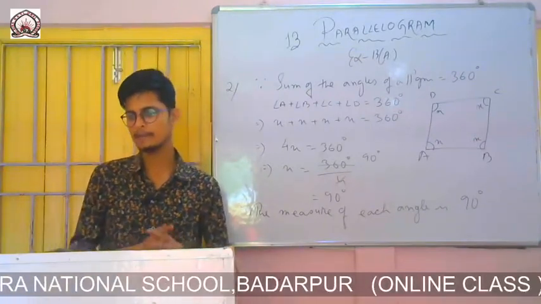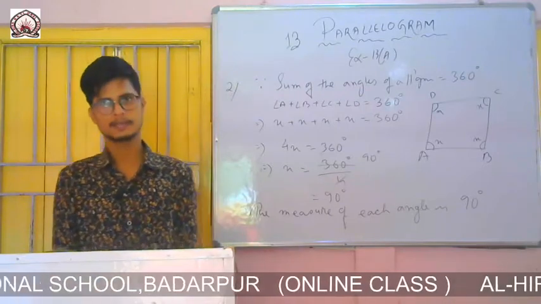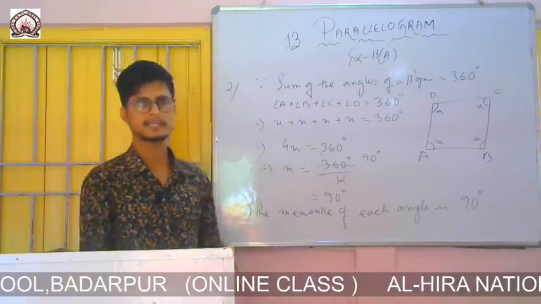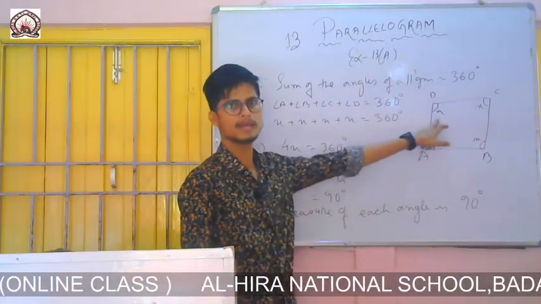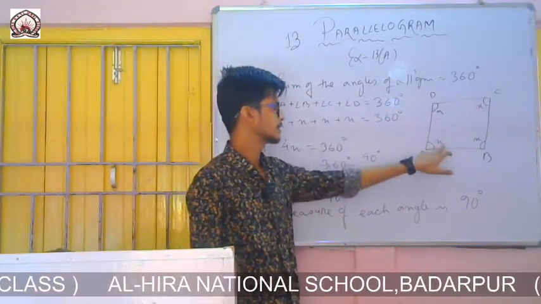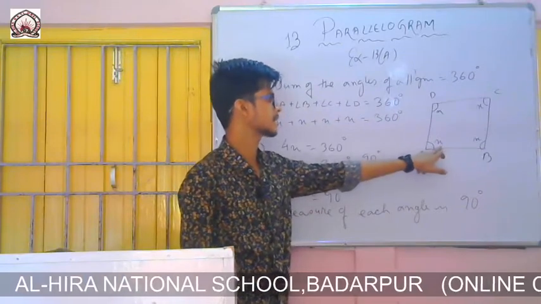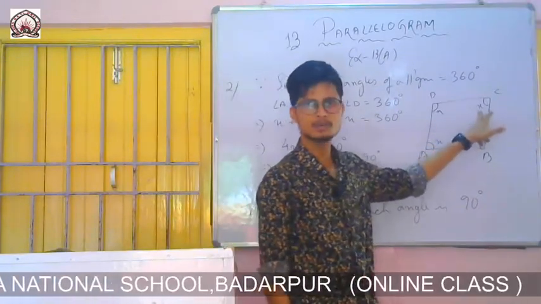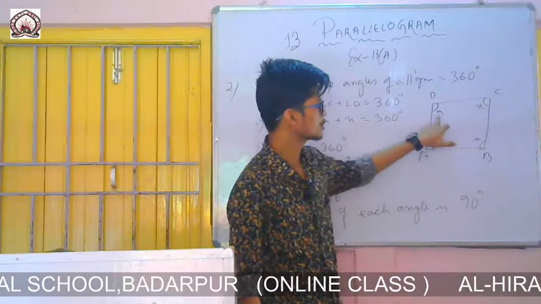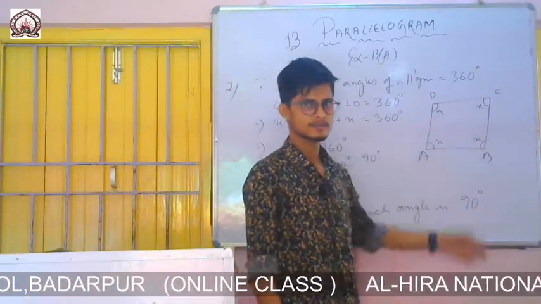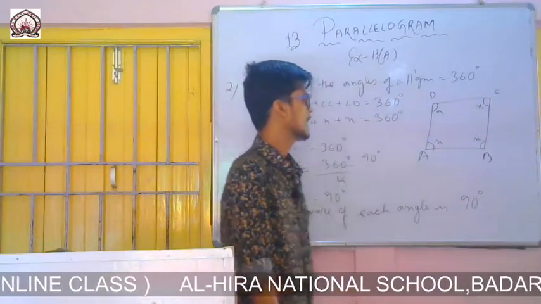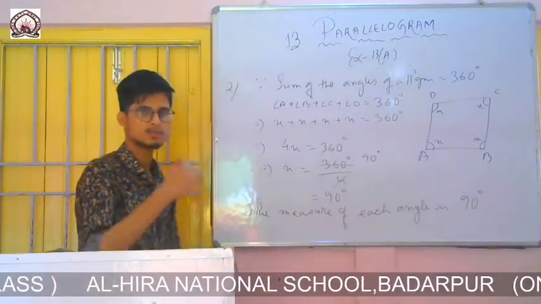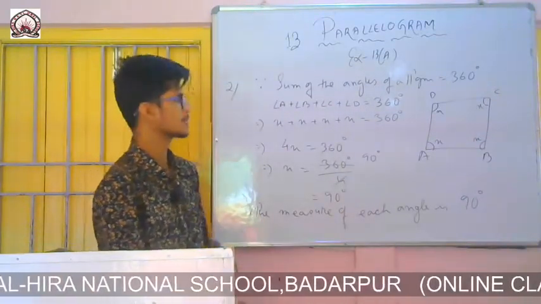So first of all, I have taken the adjacent sides, as it is given in the question that the adjacent sides are equal. So I have taken one as x, the other will also be x. And if this side is x, this angle is x, then the angle opposite to this one will also be x. We know that the opposite angles of a parallelogram are equal. If angle A equals x, then angle C will also equal x.